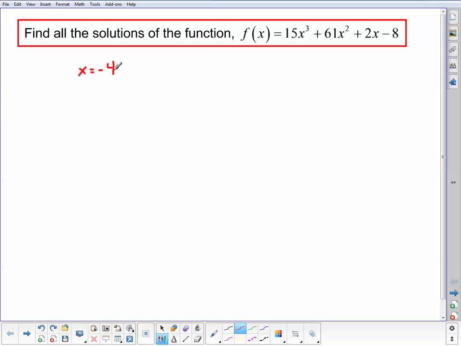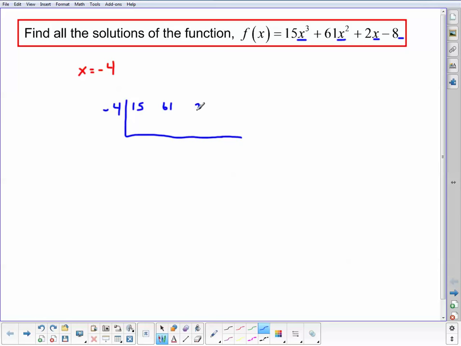What I'm going to want to do now is extract that 0 from the function, and in order to do that, I'm going to use synthetic division. I'm going to take the 0 I just got, which is negative 4, and set up synthetic division. A quick reminder about synthetic division: as we're lining up our coefficients, we want to make sure that we aren't missing any terms. Notice how I have x cubed, x squared, x, and then a constant. That means I'm not missing any terms, so I'm not going to need any placeholders. I'm just going to line those up: 15, 61,